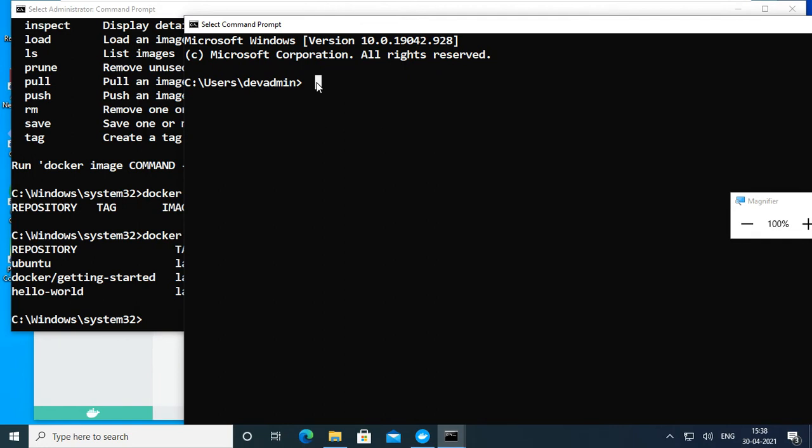Now what I want to do is run that image here. So I'm creating a container. docker run -it means interact with the terminal. We are using ssh, right? Like the same thing, only interact with the terminal.